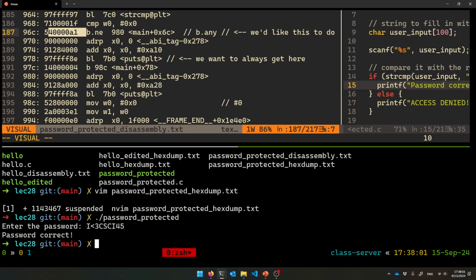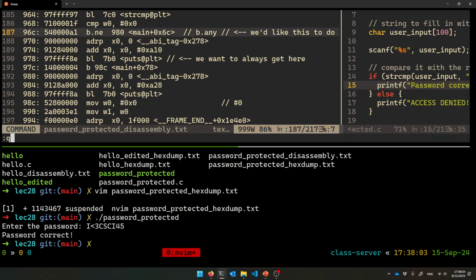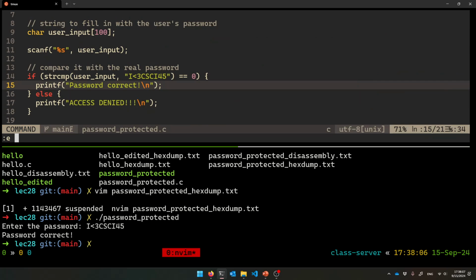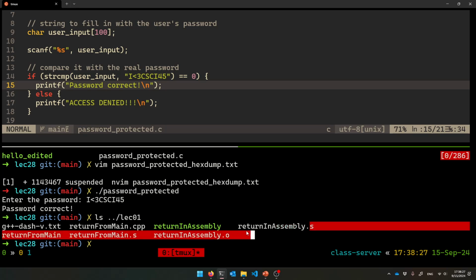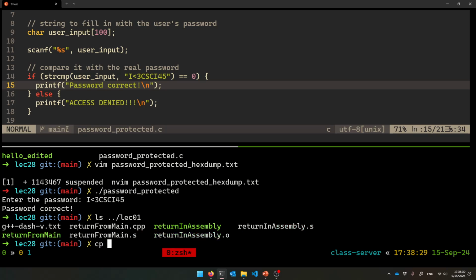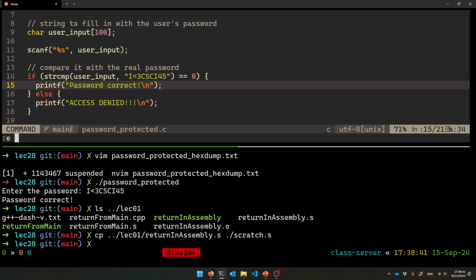So yeah, let's make a scratch program now. I will make a new file called scratch.s, but honestly I need something that is going to be easy. So let me steal lecture 1's return from main, the return assembly file. Let's copy it in here, so I can just add to it, and I'll call it scratch.s. All right, so now I've got a scratch.s file,